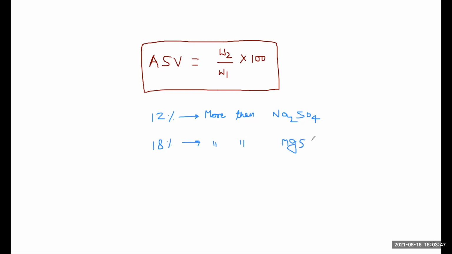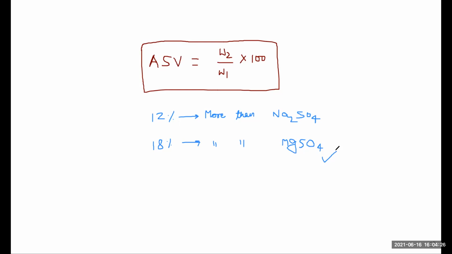So I think this is the last test for your aggregate, because in aggregate I already covered 4 or 5 tests. The first test is the crushing strength test. In the crushing strength test, we take our aggregate, and put it in the UTM. In the UTM, we apply a load of 4 ton per minute for a time of 10 minutes. Then our aggregate gets crushed, and then we find our aggregate crushing value.